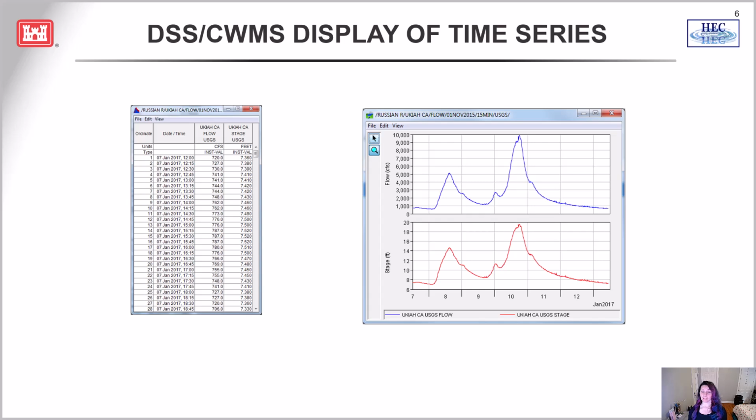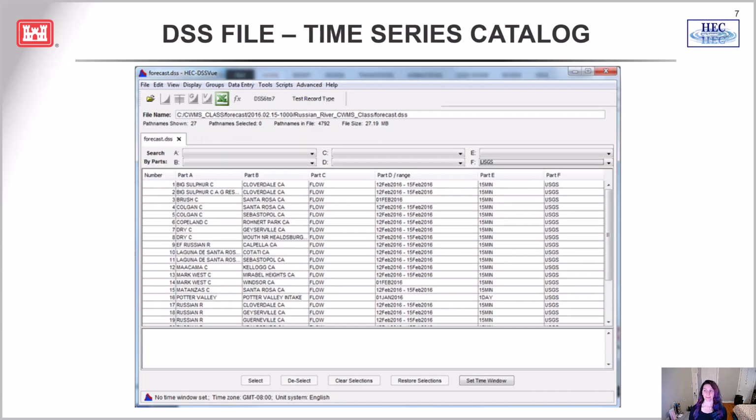Now, these graphs and tables can be customized completely by the scripting process within SWMS, so you can change almost everything about them. Not only are there 2 types of data, but there are also 2 basic programs we use inside SWMS to view this data. The first is the time series catalog through HEC-DSS view,